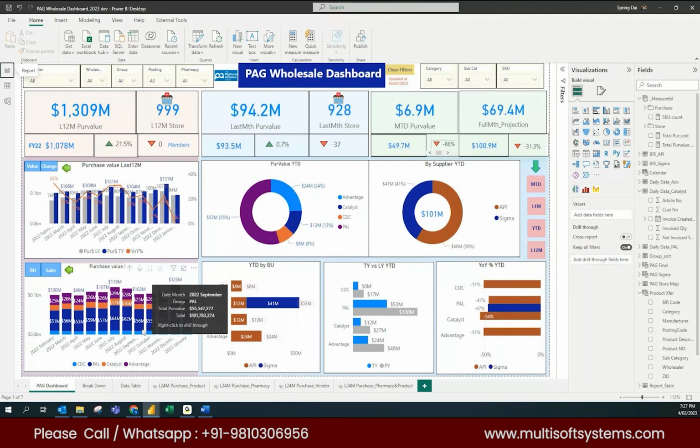Now in the production, the final outcome we need, so we publish it, then we test it, and then we publish our report in the production. Now if some editing is needed, some urgent requirement comes, again we do it in the development part. Now some data is new, data is updated one day before, so what we do, we